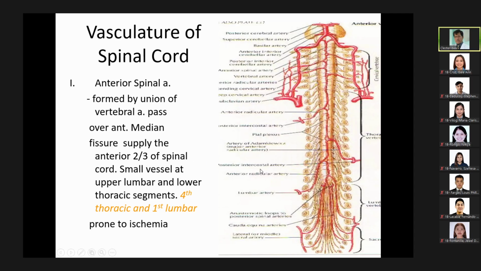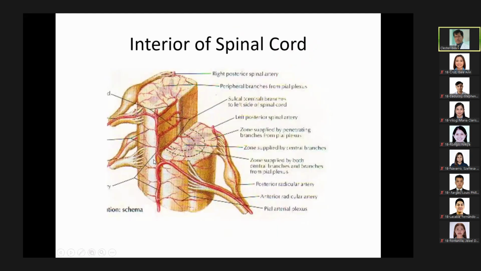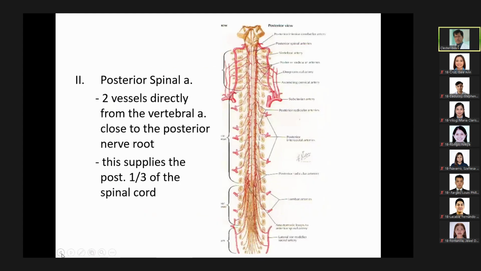If you follow the spinal arteries, the anterior goes inward and supplies a greater interior of the spinal cord, while the posterior will supply the outer one-third. Okay. Now,